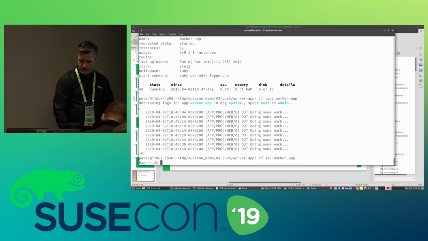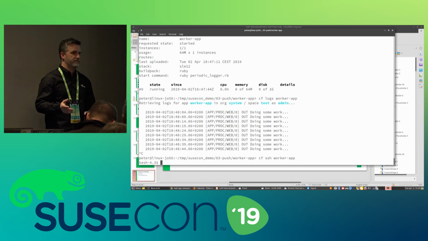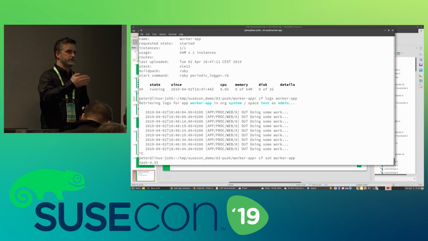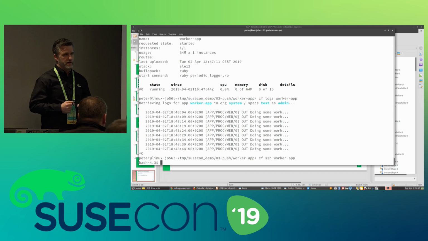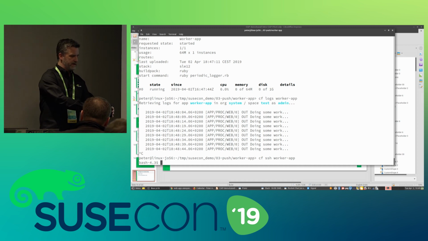So what it's doing now is creating, you can think of it like a tunnel into your application or container. It's actually doing this via a proxy and standing up a copy of your application in the background. So there's a lot of stuff going on, but basically I now have shell access to my container.